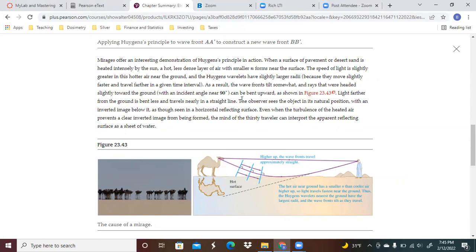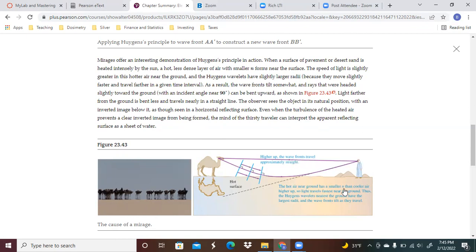And Huygens wavelets have slightly larger radii because they move faster and travel farther in a given time interval. As a result, the wavefronts tilt somewhat, and rays that were headed slightly towards the ground can bend upwards. As shown in this particular figure, light further from the ground is bent less, but travels in a straight line. So as we're seeing this here,